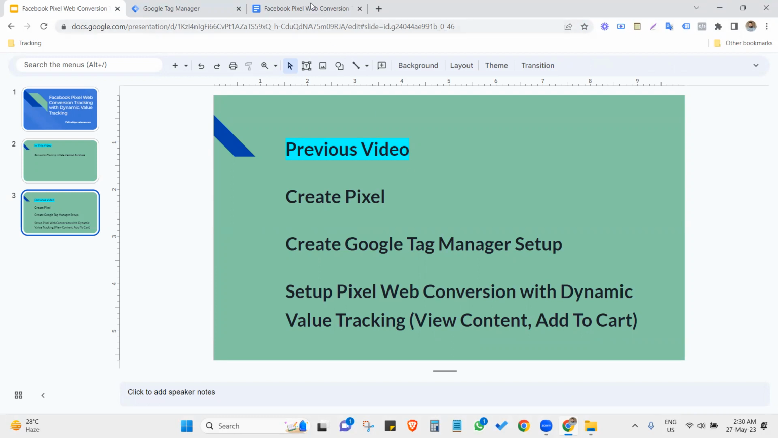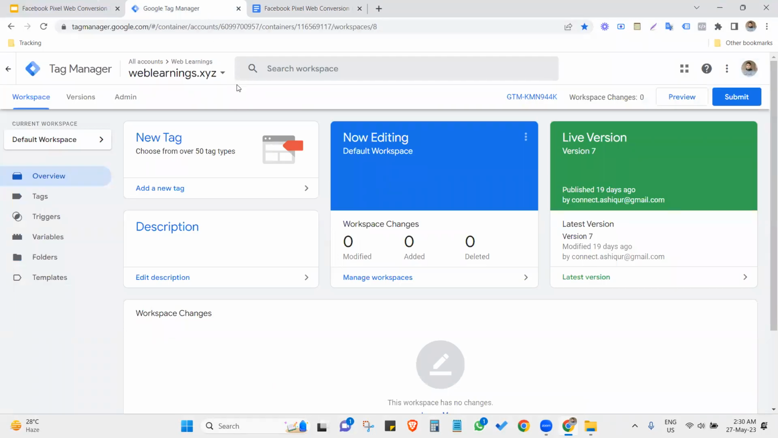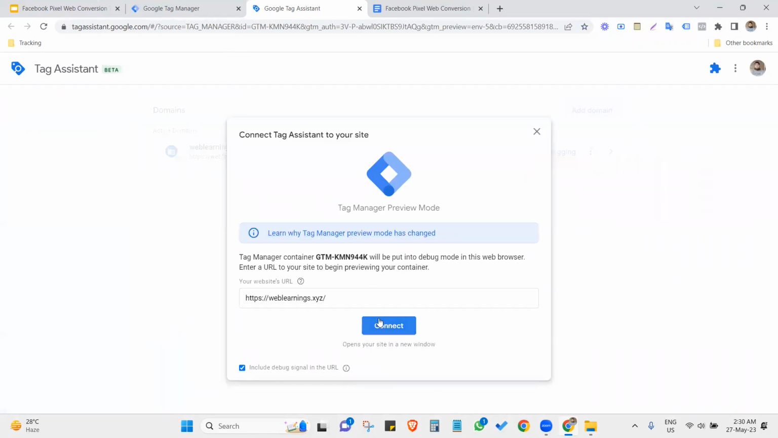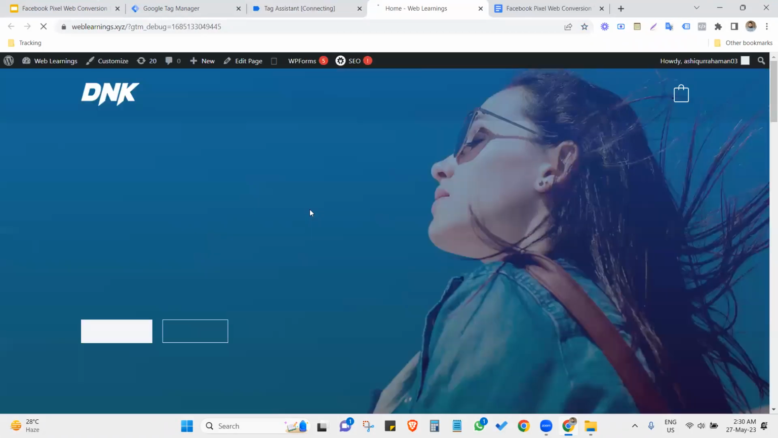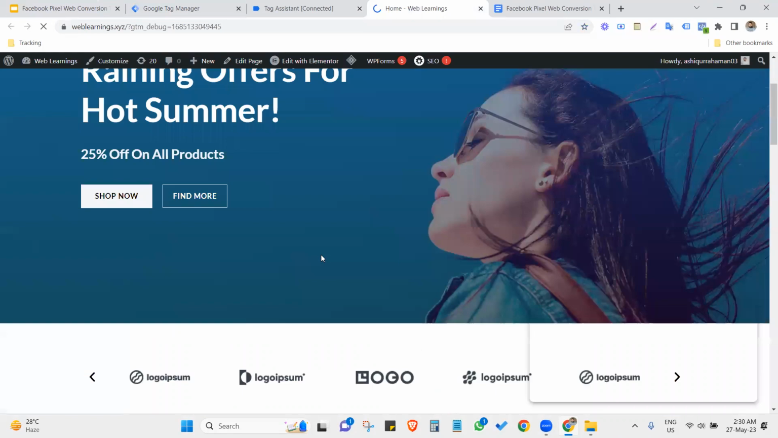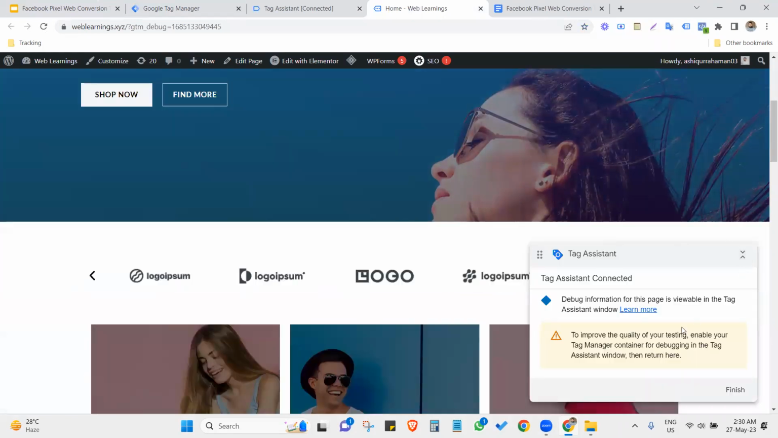Now let's start. At first we have to create a trigger, but before doing this, let's preview our previous Google Tag Assistant, so that we can know what is happening in our website. So this is our demo website. Now to improve the quality of your testing